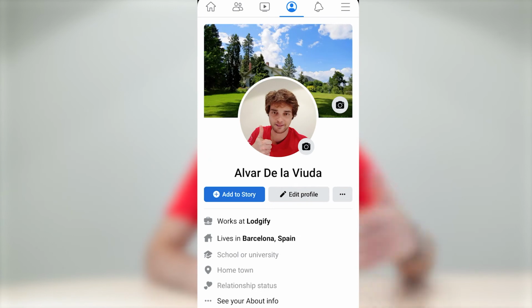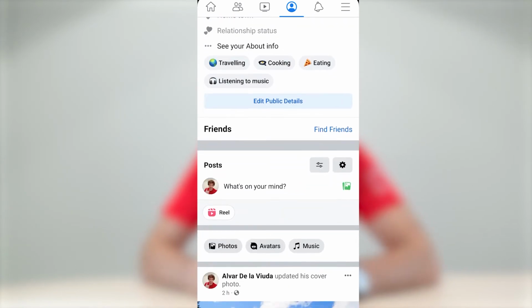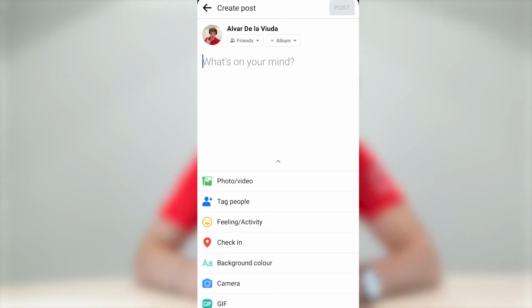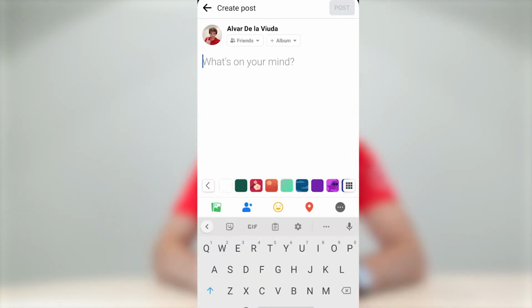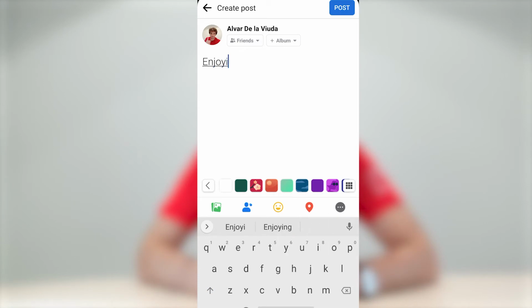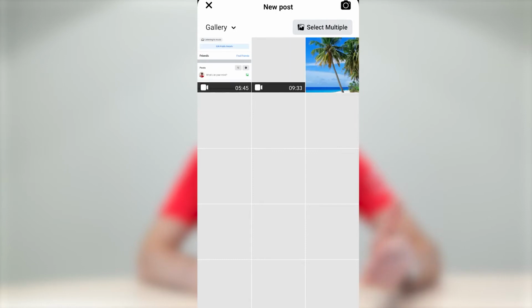So once you have your account all set up, it's time to create your first post. So we go here on what's on your mind, and then, well, what's actually on our minds. Enjoying the academy. Great. Okay, and here you can also add multimedia content, so pictures, for example, right?